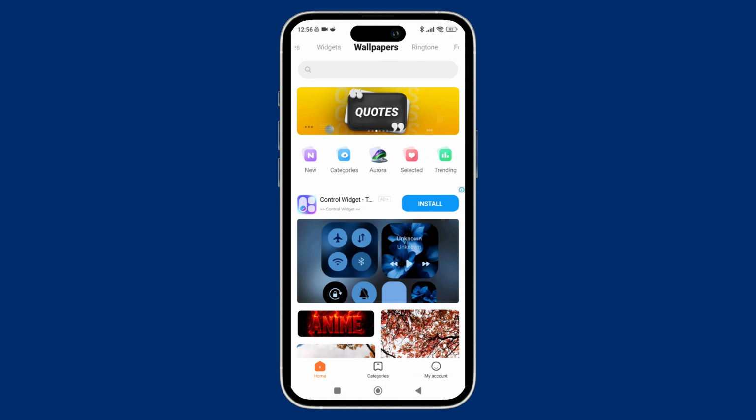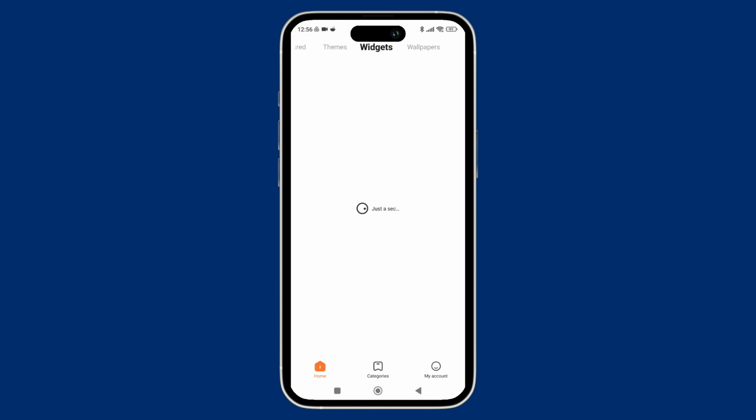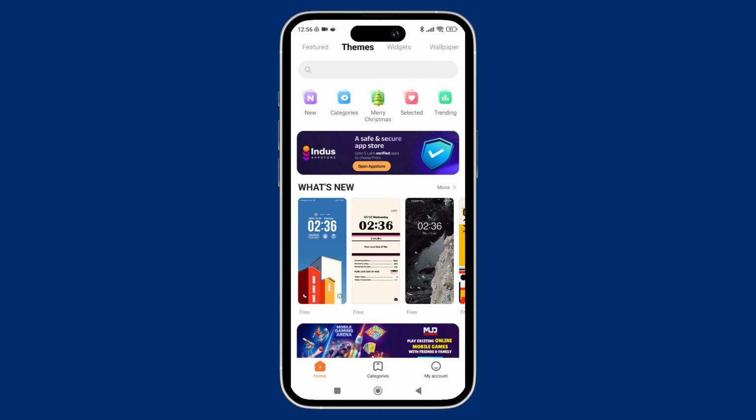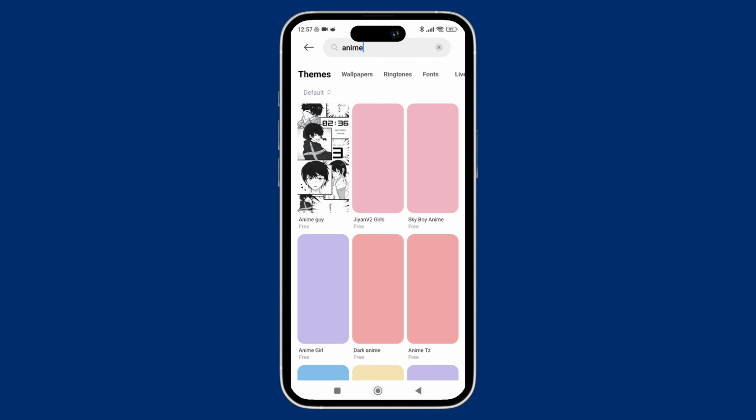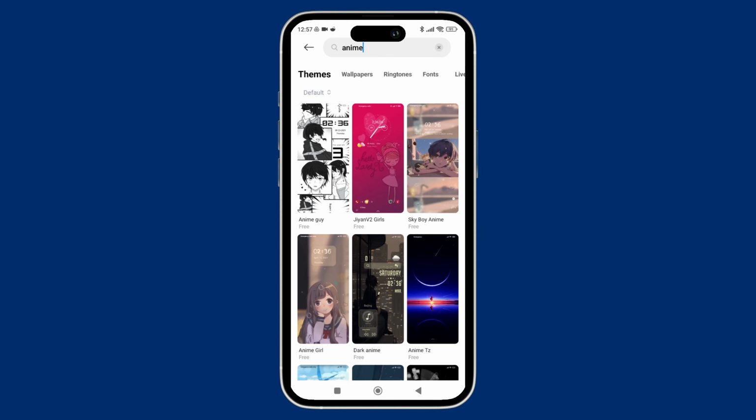And from here, what you can do is simply search for any wallpaper that you like. Let's suppose, say, I want to search for wallpaper of the anime. So here, I would just pick the one online here and simply download it. And now here,